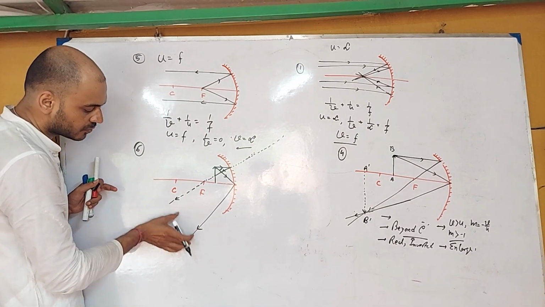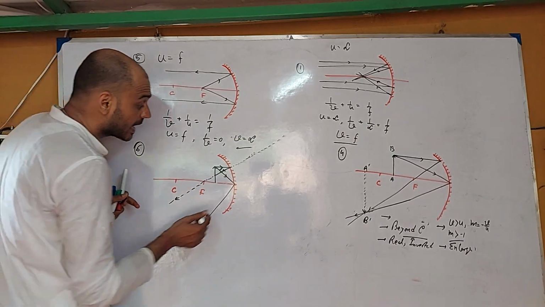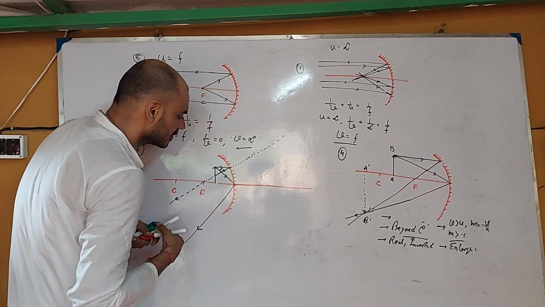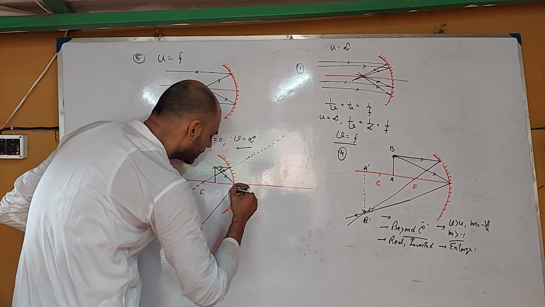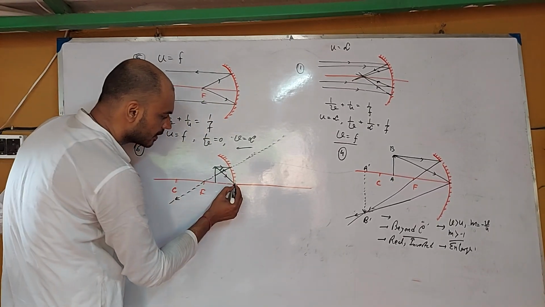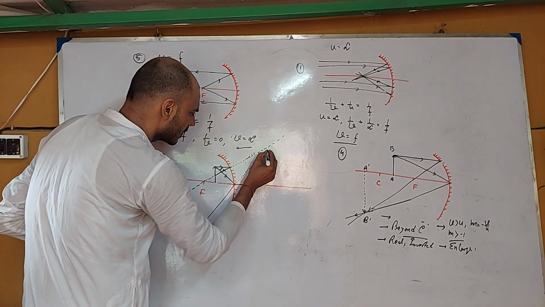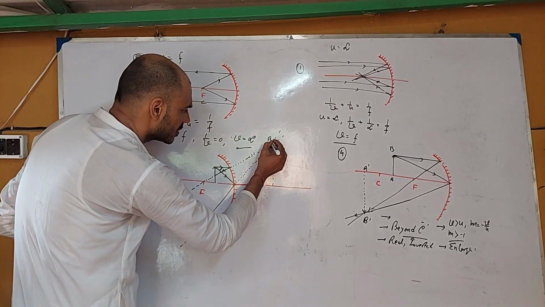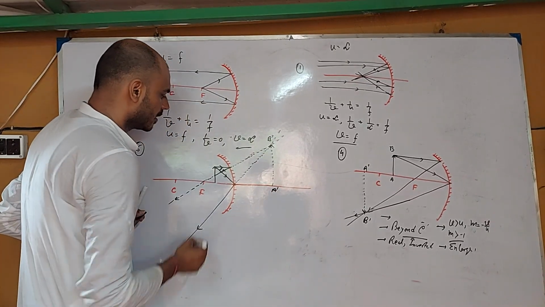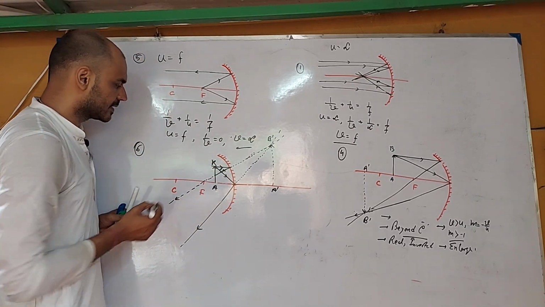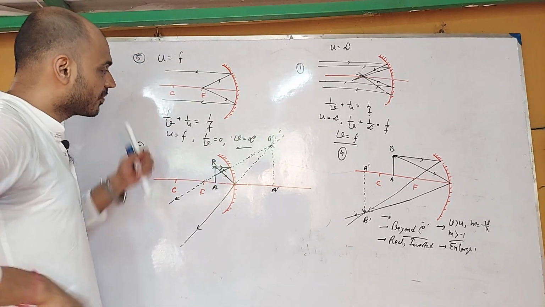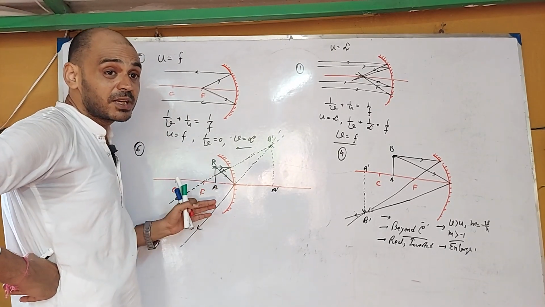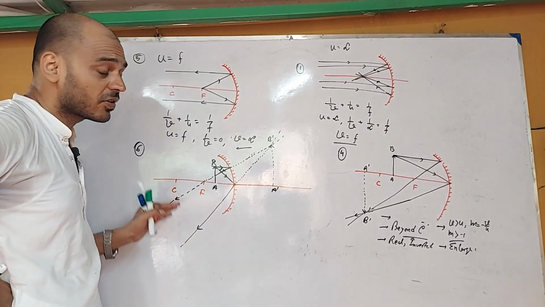These two rays cannot meet in front of the mirror, and they may meet just behind the mirror. If you look from this point, this ray seems to be coming from this direction, and these two rays may virtually meet at this position. So only for this case, a concave mirror can form a virtual image. This is our interesting case, that the concave mirror can form a virtual image only for this case